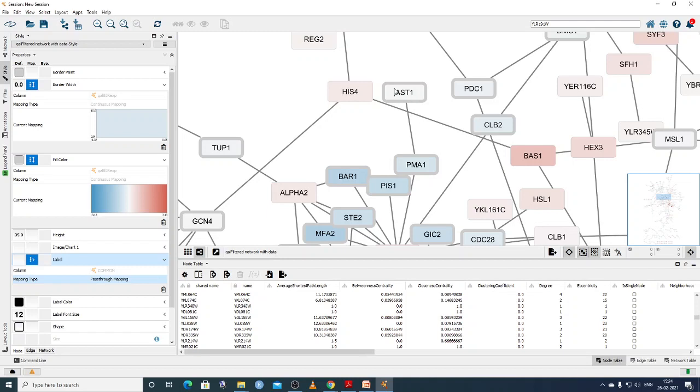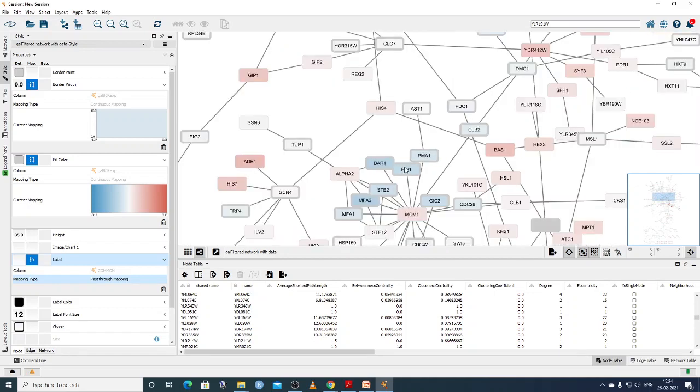Previously the names were like YML064C. Now the name has changed to the common name: HIS4, AST4, PMA4. These are particular enzyme names, like Hex for hexokinase. G6D means glucose 6 phosphate dehydrogenase. Likewise, a particular three-letter symbol and one numeric object represent that particular gene name. This is a protein name.